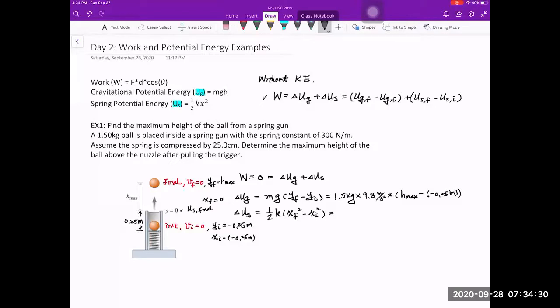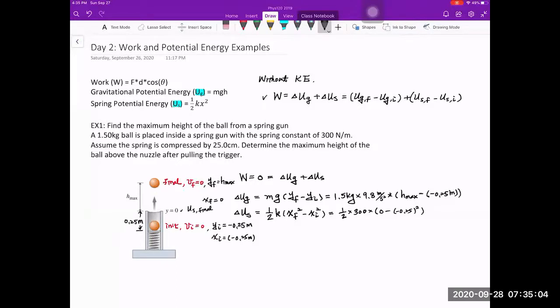It is just neutral. Therefore, when you write this, it will be 1/2 times k, and the k is 300, and multiply with the x_f, which is 0, minus x_i, which is negative 0.25, squared, and that will be the change of the spring